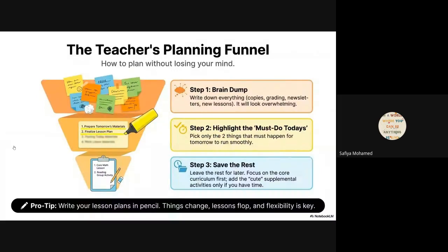When we say brain dump, we mean I write down all the ideas, all the themes, all the activities, all the songs. I think Leanne actually has a drive for this: songs, materials, and possible learning moments that could happen. Right? You as a teacher also need to become technologically advanced.